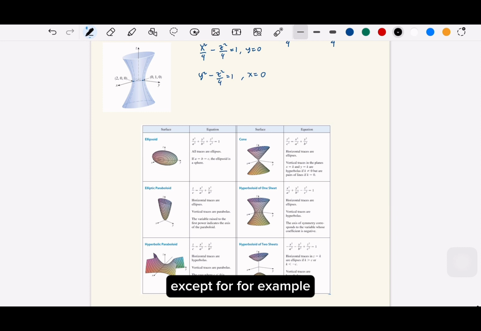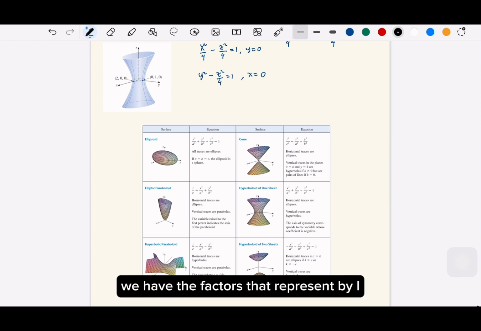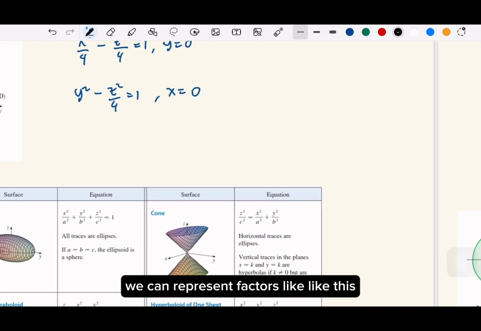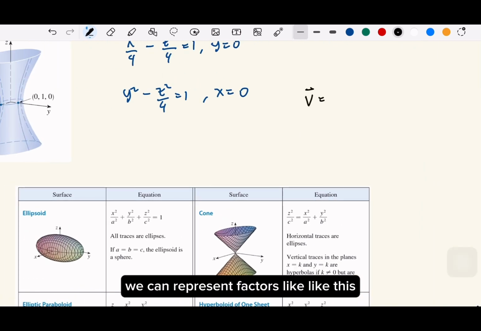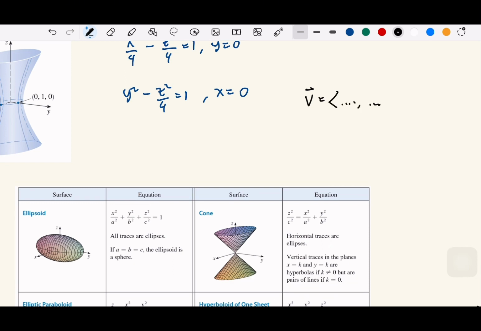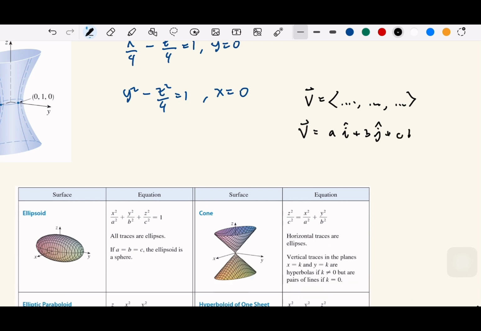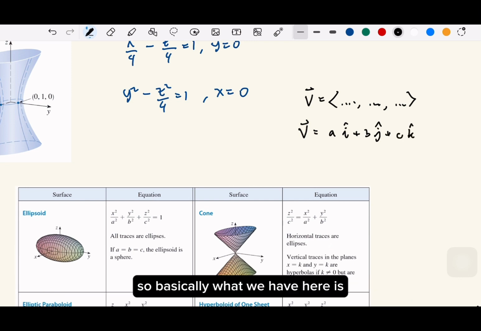Okay, so for example, we have the vectors that are represented by i, j, k, or we can represent them like A i plus B j plus C k. Okay. So basically what we have here is every term we can differentiate, we can integrate,